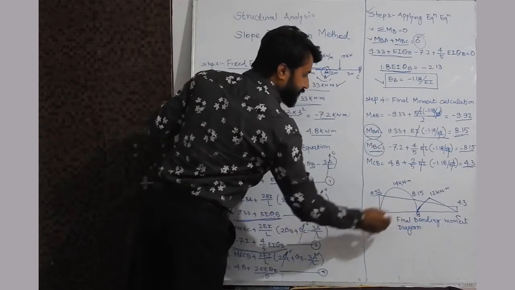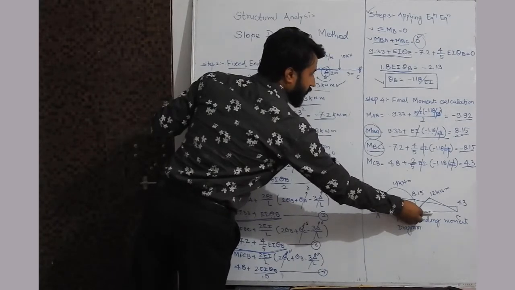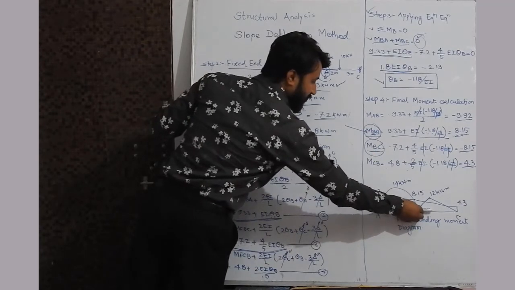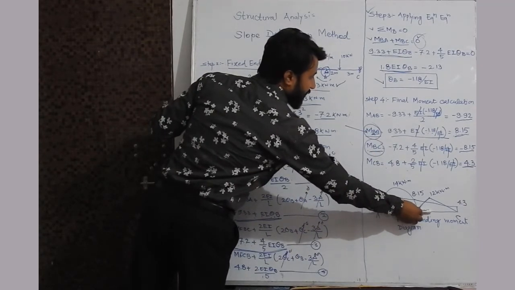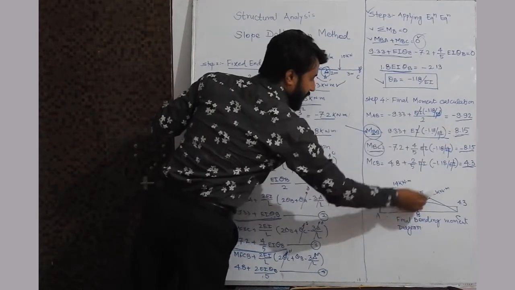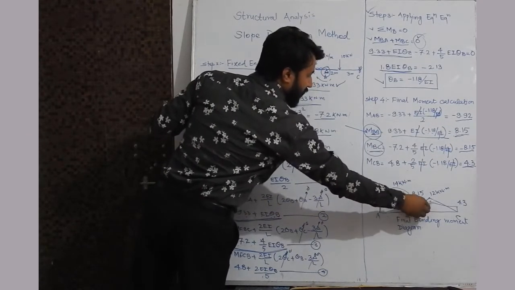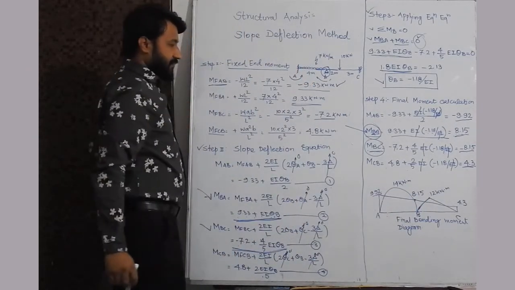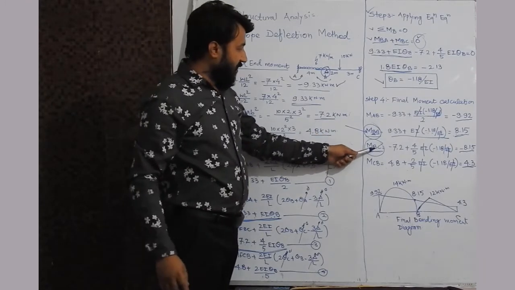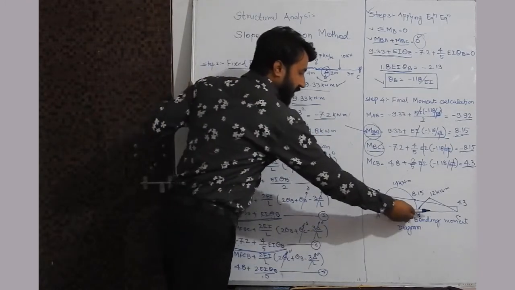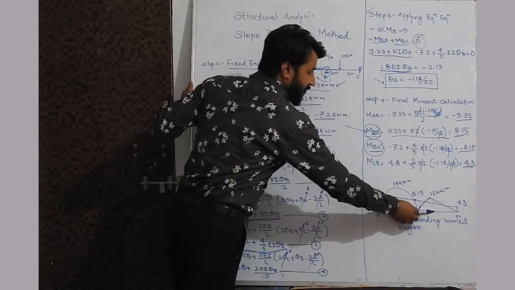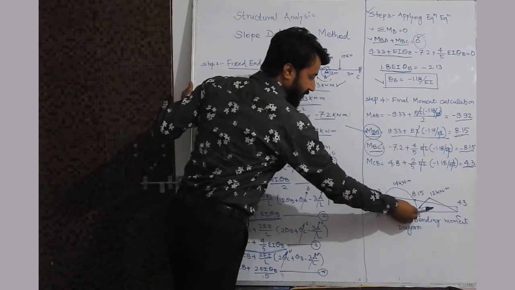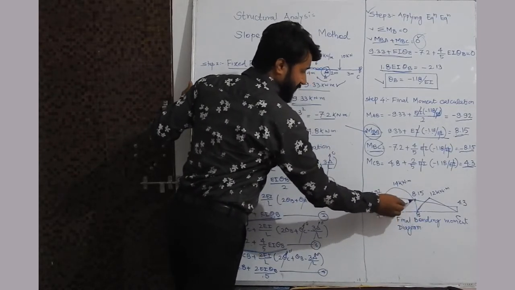Now at B, we will put the pen at B towards A to draw MBA. B is the near end, A is the far end. So we will put the pen at B towards A direction. We will see the sign, plus sign, so we will rotate in clockwise direction. We will mark this 8.15. Now similarly MBC, B is the near end, C is the far end. So we will put this pen towards C direction. We will keep this pen at B, and rotate in anti-clockwise direction because the sign is negative. So this will again coincide with the earlier point.